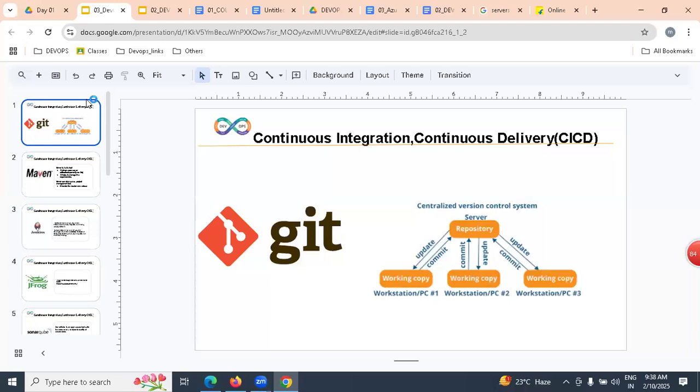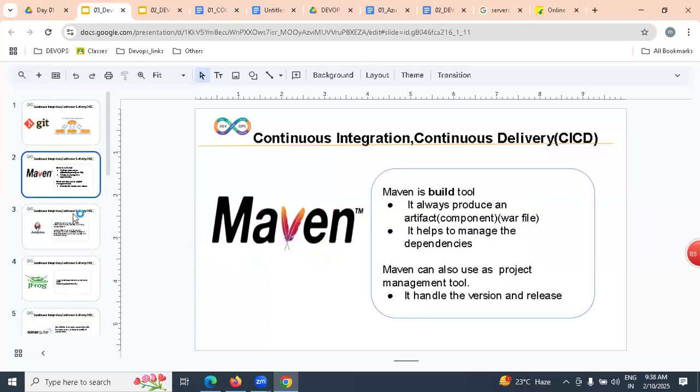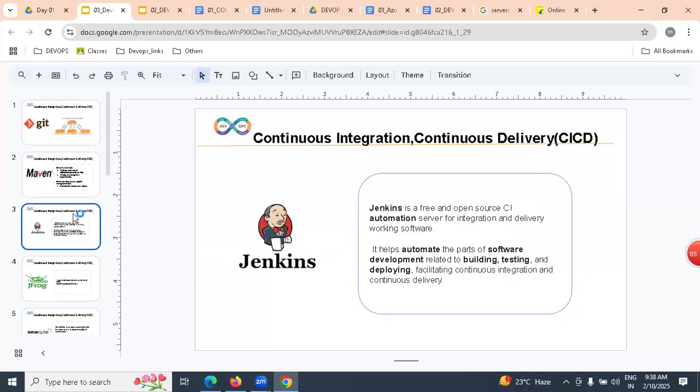With Git and Maven in place, we automate the process with the help of Jenkins. Jenkins is a CI/CD automation tool.